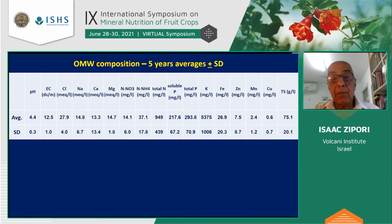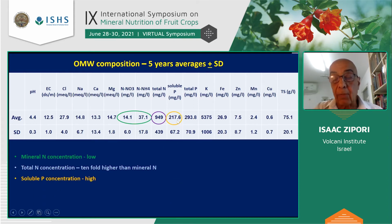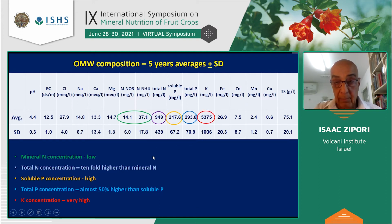Now, this is the average composition of the OMW. So you see, this is the average, this is the standard deviation, and let's concentrate on the major constituents. So we see that we had a relatively low concentration of mineral nitrogen. We had a much higher concentration of organic nitrogen. We had relatively high concentrations of P, of mineral phosphorus, soluble phosphorus, and total phosphorus was higher because part of the phosphorus is in the organic substance, and we had very high concentrations of potassium in the